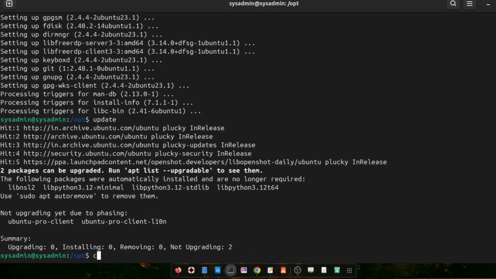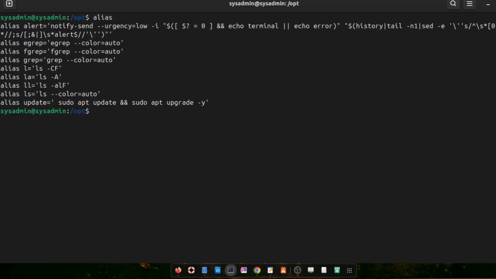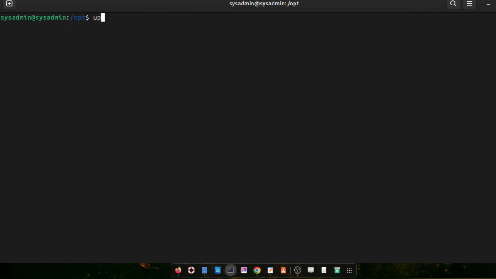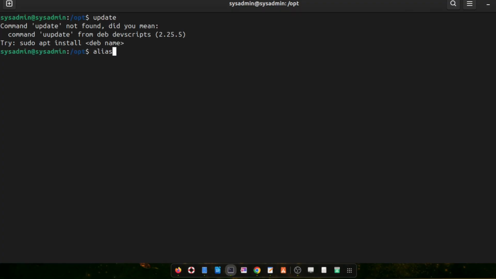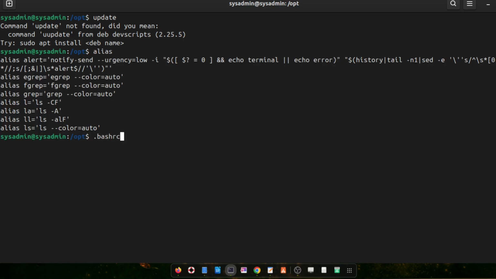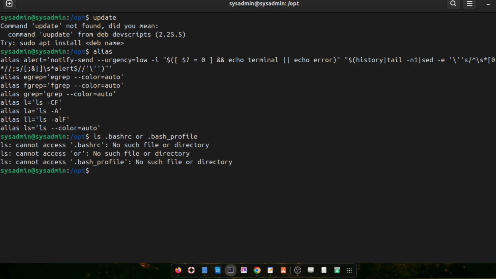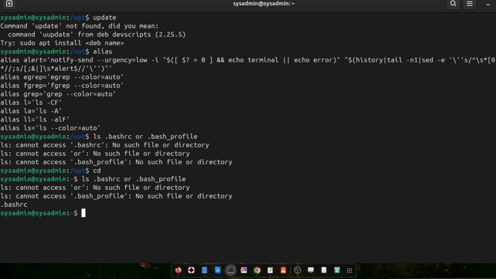Now I am going to show you how you can create a permanent alias. First, you have to check in your Linux system for the .bashrc file or the .bash_profile file. You can make changes in either one of the files. Here I am showing you my system's .bashrc or .bash_profile file. In my system, the .bashrc file is available, and you can see the .bashrc file is showing. Now we will make changes in the .bashrc file